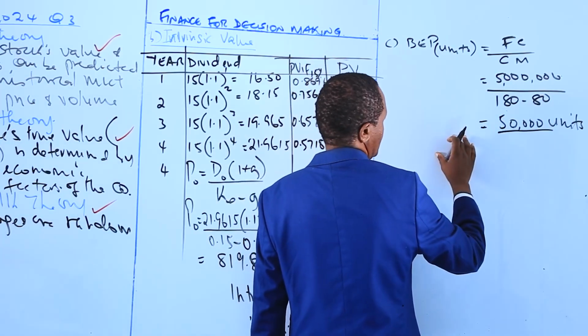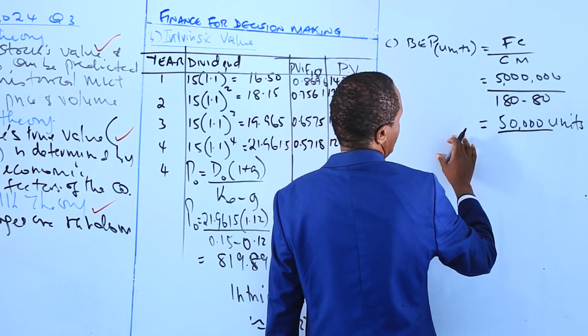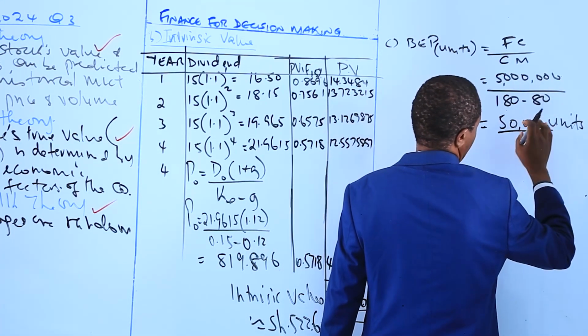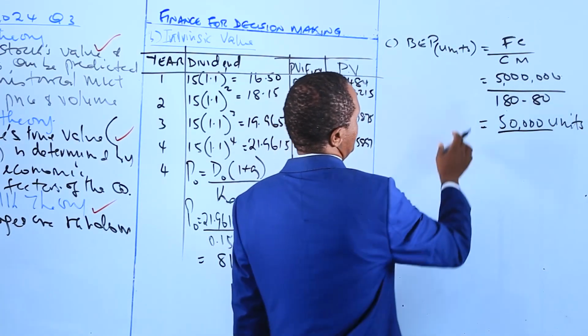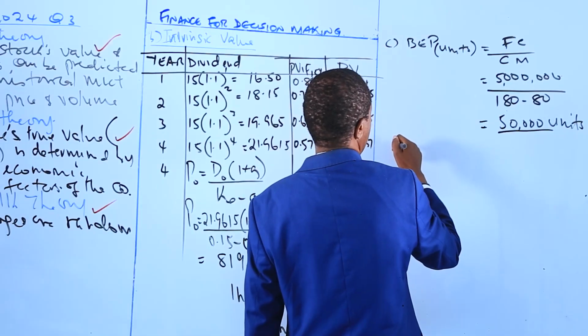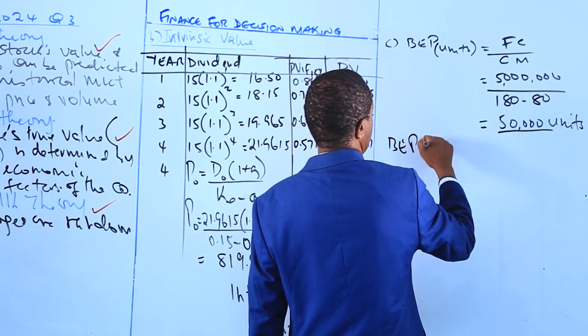The first shilling of profit will be made after the 50,000th unit. That will be 50,001 units. So that's the break-even point in units. Then to calculate the break-even point in shillings,